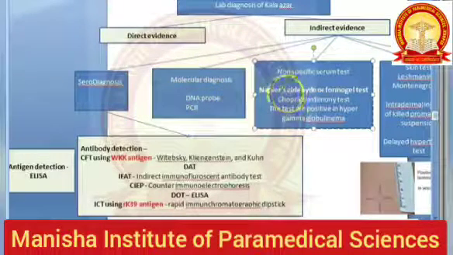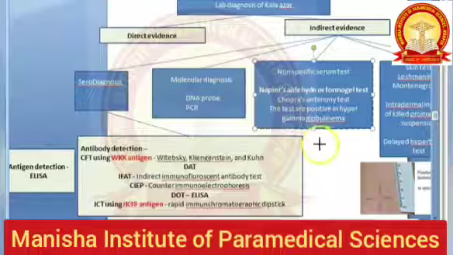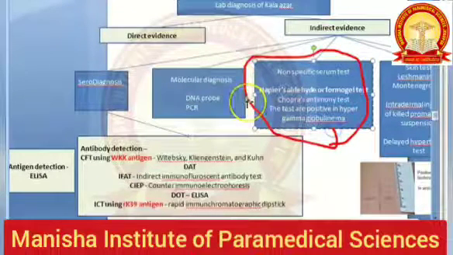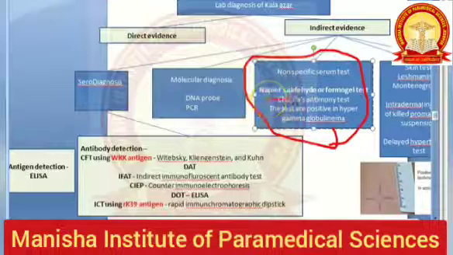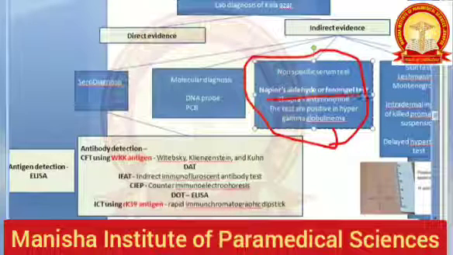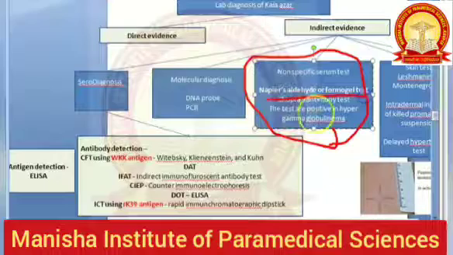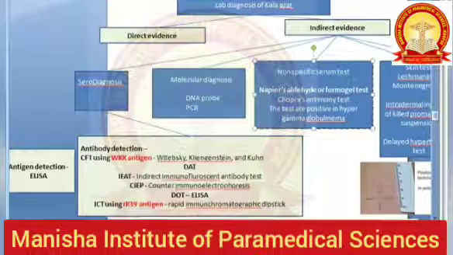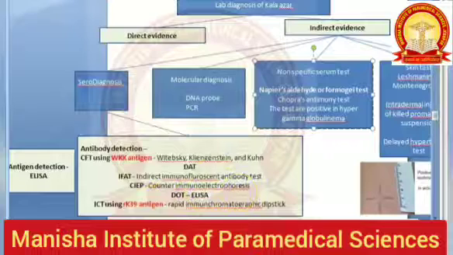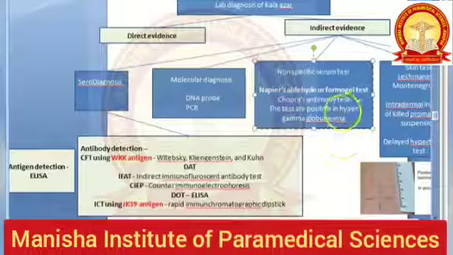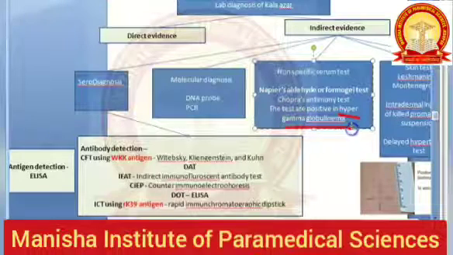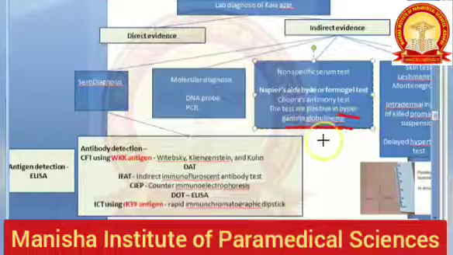Now we are done with the first two boxes. We are moving on to the third box, that is here, non-specific serum test. So they're saying it is not specific in the name itself. There are two tests here, Napier's aldehyde formogel test and Chopra's antimony test. Here you will test for hypergammaglobulinemia. One of the clinical features is hypergammaglobulinemia.